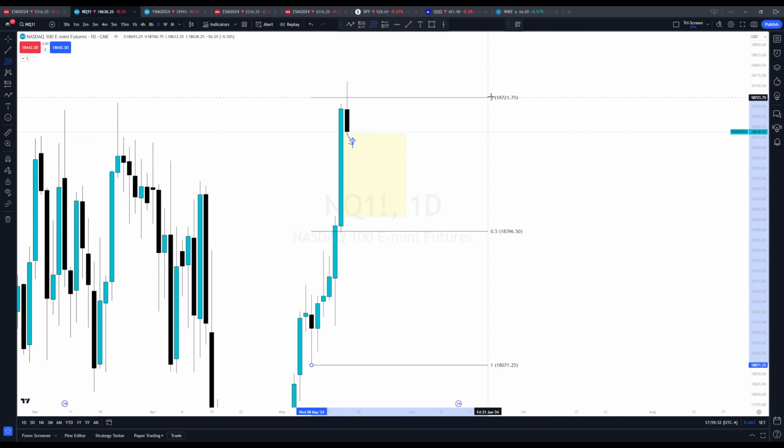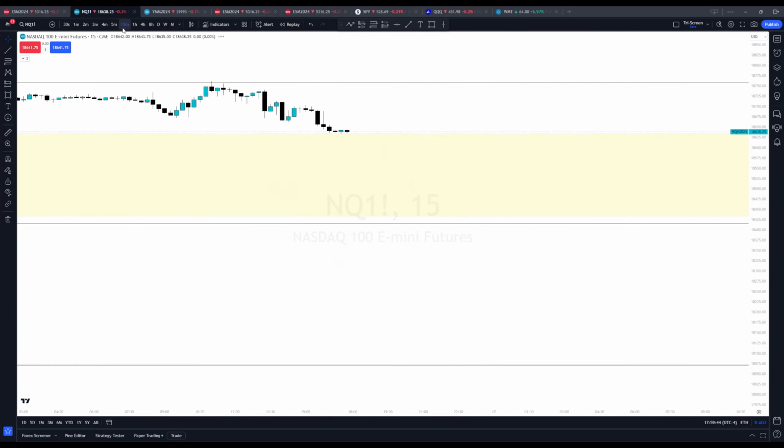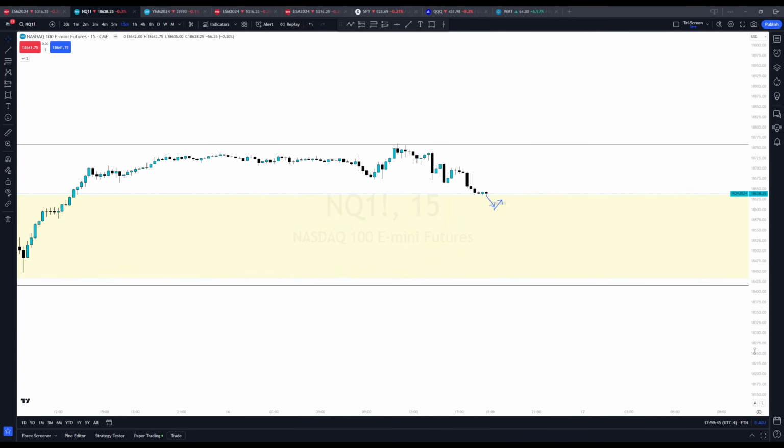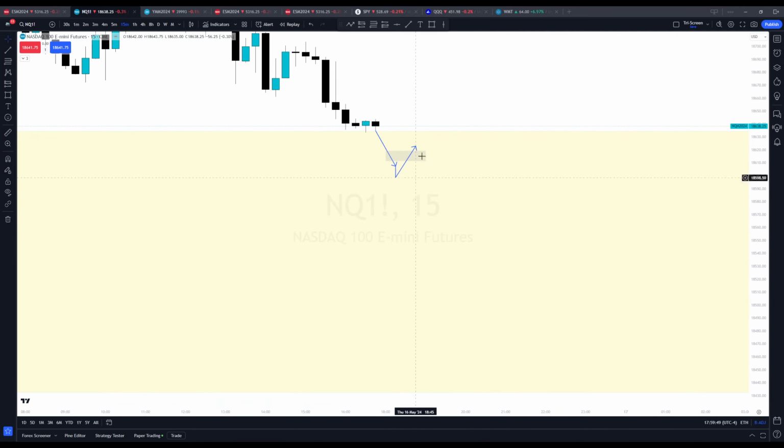Well, if we draw our swing here, we're still longing above 50% here on the daily. So the better long would be down to here. But sometimes the markets are just so bullish we don't even get that. So what we do is we wait for a confirmation entry. A confirmation entry is, oh, we know we're in a daily FVG.